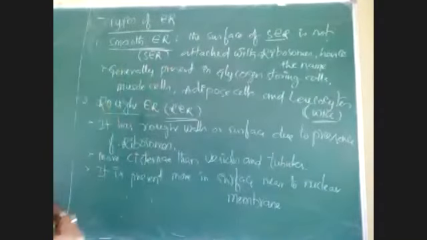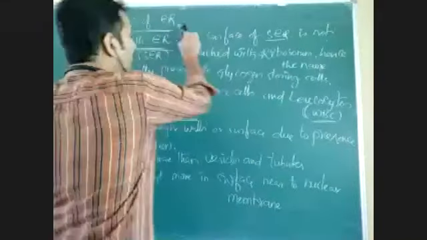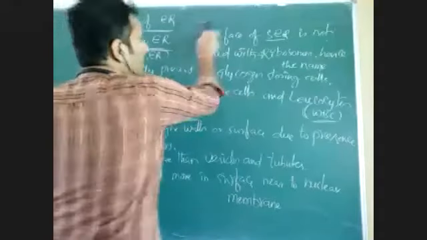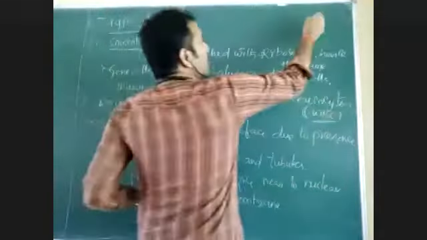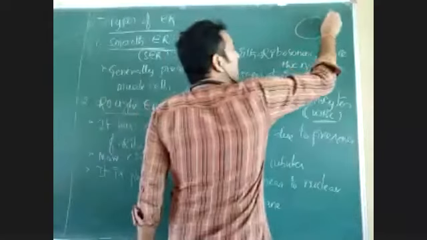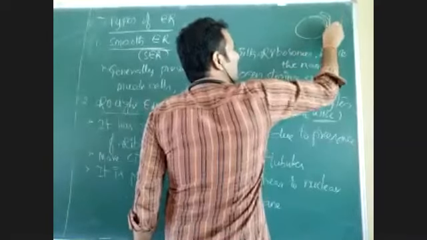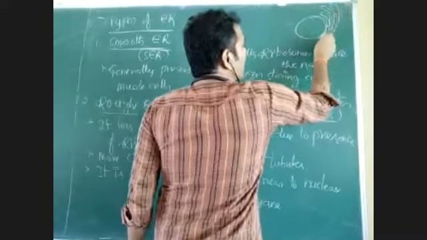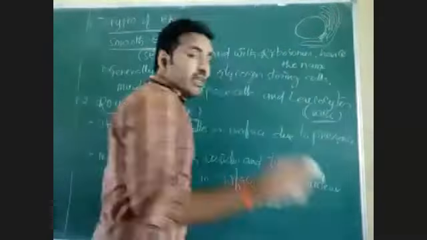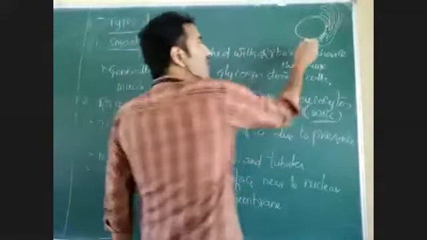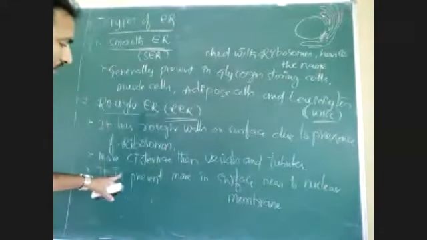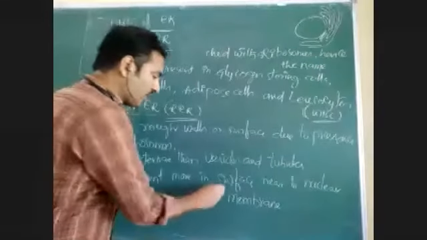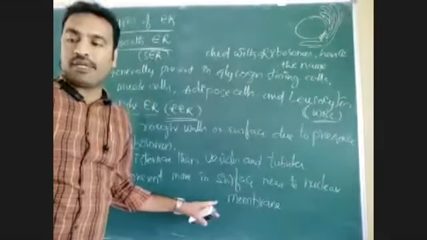Yeah, I will tell you that. What does that mean? Suppose I erase this point. This is the nucleus, right? And the endoplasmic reticulum is forming cisternae like this. This is one cisterna, this is another cisterna. Like that, many cisternae are formed. Endoplasmic reticulum has more ribosomes in these cisternae. Rough endoplasmic reticulum is present more in the surface nearer to the nuclear membrane.